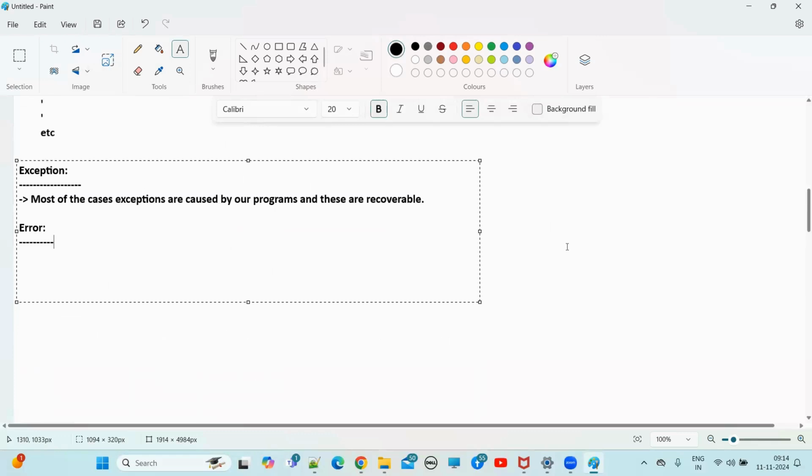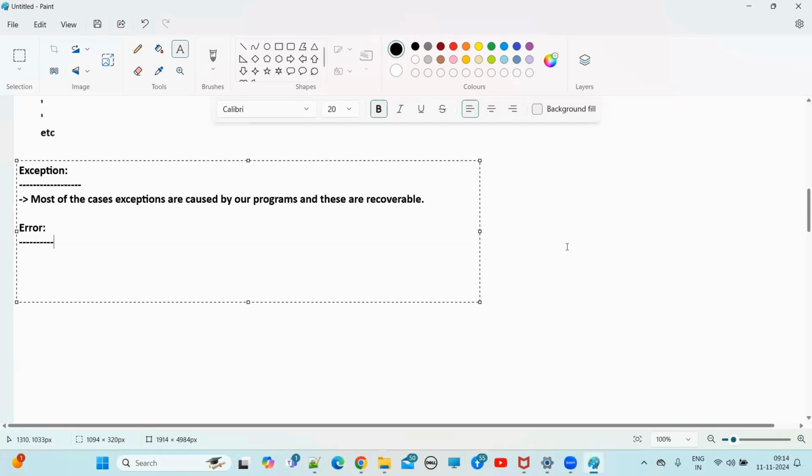So by that time, we saw a stack overflow error in the console message. What is the error message we saw? Stack overflow. Okay, so that is what, guys? Error. That is not an exception, guys. That is an error. So when any error or exception comes, it always comes at runtime only, guys. No exception or error will come at compile time. All the exceptions and errors will come at what, guys? Runtime only. Fine. Runtime means what? While executing the program.